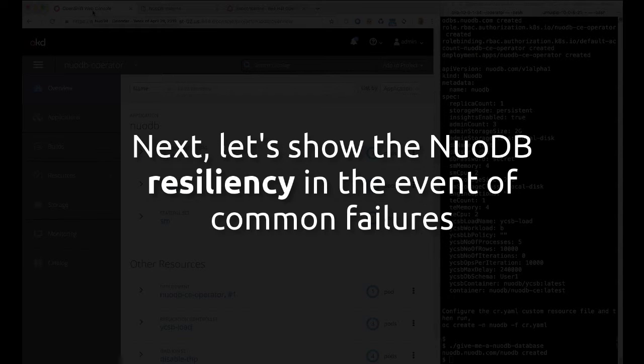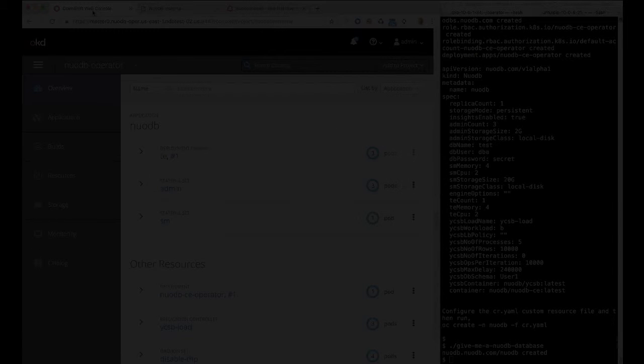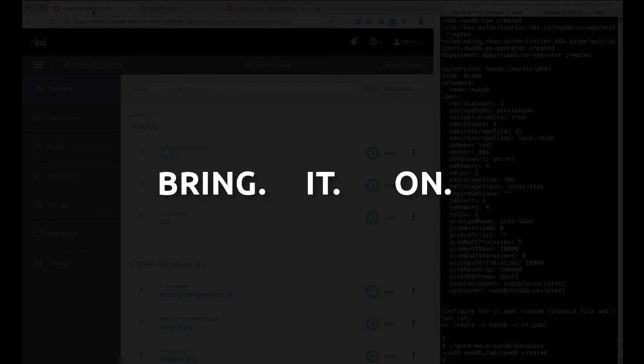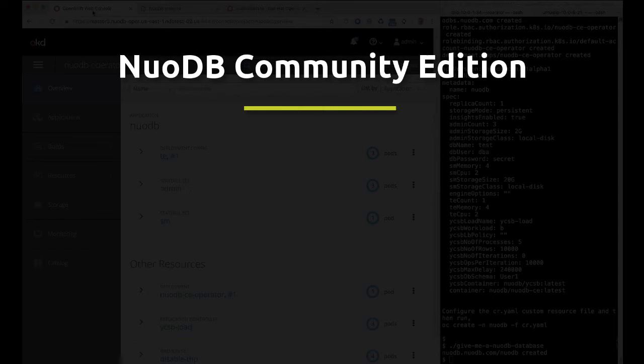Additionally, we can show NuoDB resiliency in the event of common hardware, software, and network failures. NuoDB is built to run in environments where failures can and will occur. So bring it on. NuoDB will keep running and keep servicing SQL transactions as long as redundancy has been built into the database deployment. I'm running the NuoDB Community Edition in this demonstration, a free community version, which allows you